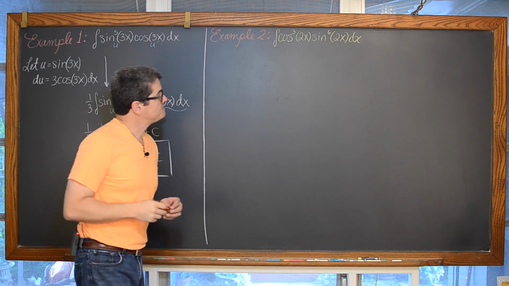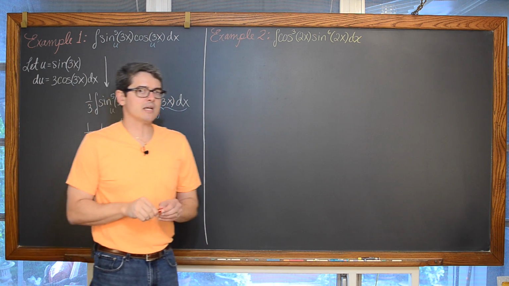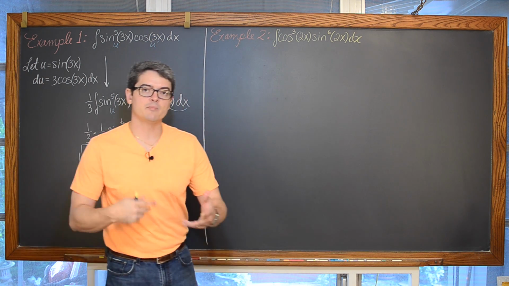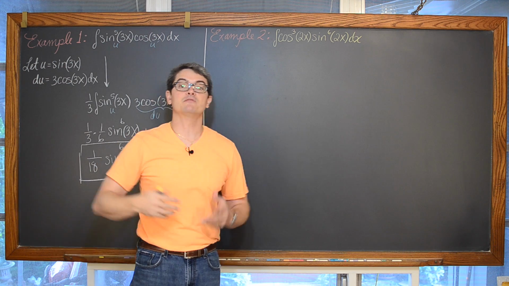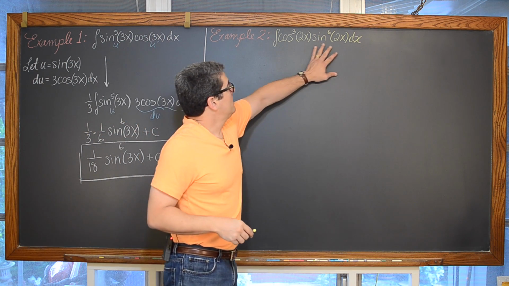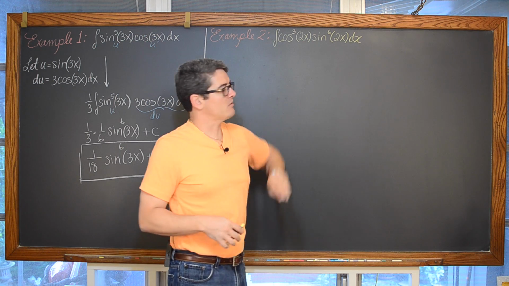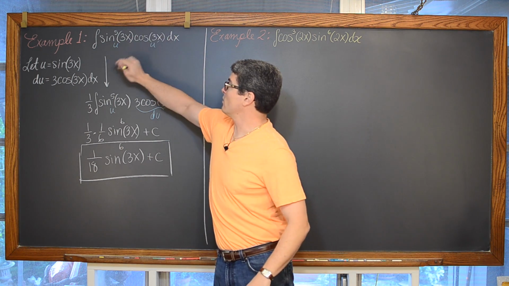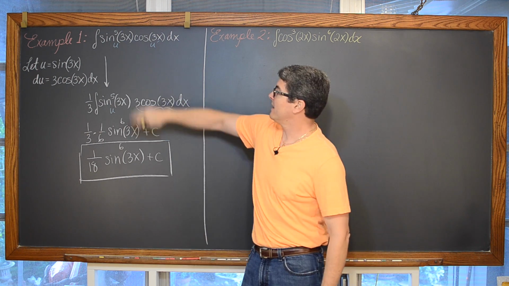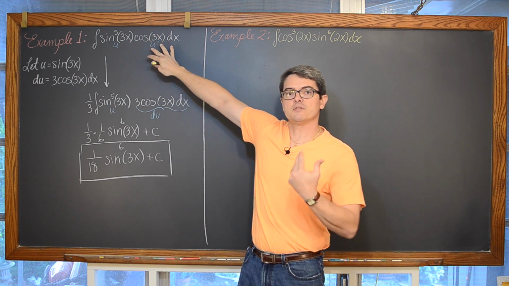Now over here, we're getting into the type of questions that we're going to be dealing with the rest of our examples, even in our next video when we get into powers of secant and tangent, where I basically need to make this integrand look something to the form of this one, where there's a trig function, sine or cosine for this lesson, raised to a power, and then that du off to the side.